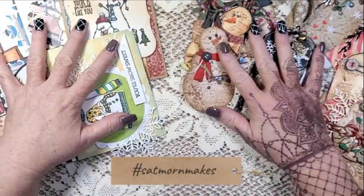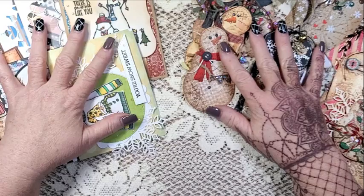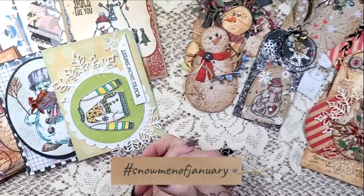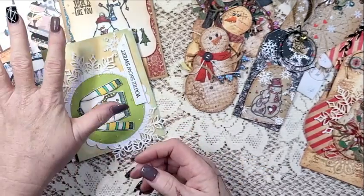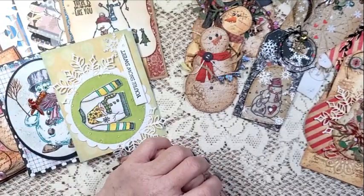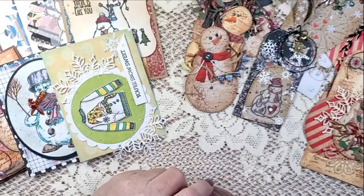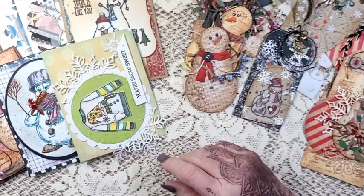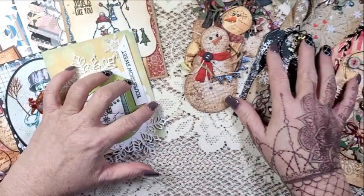I am also hosting a hashtag myself for the month of January. It is called hashtag Snowmen, plural, Snowmen of January. Now, this is a hashtag that I borrowed from the amazing Miss Anna White, and SatMornMakes was created by the amazing Jillian Norwood, and I'm honored to be participating with both of them. And Anna said that I could kind of hijack her hashtag, if you will, and several others are playing along as well. And in the same way that you can participate in SatMornMakes, you can participate in Snowmen of